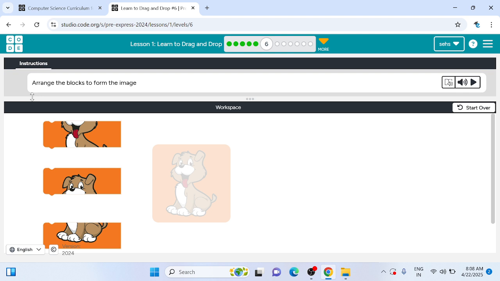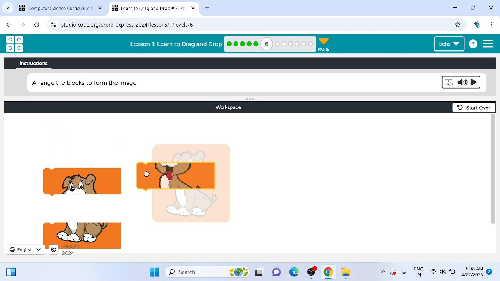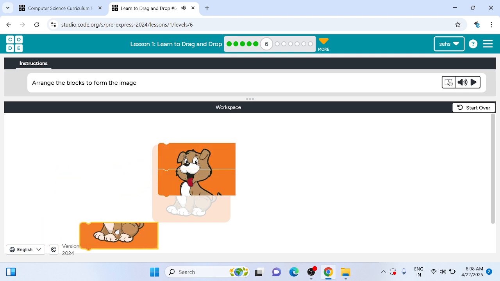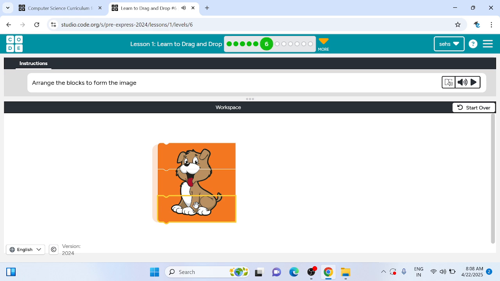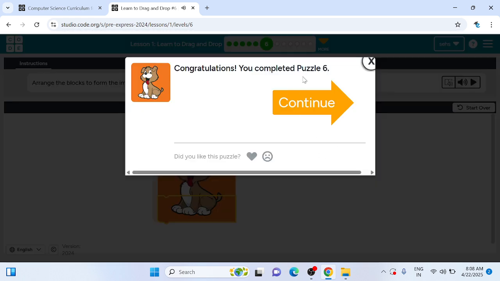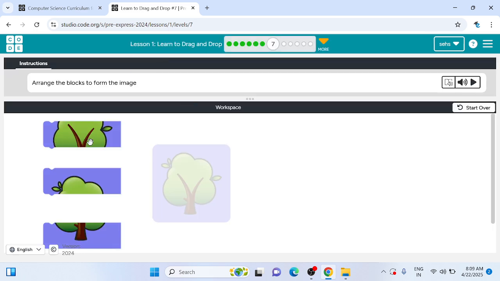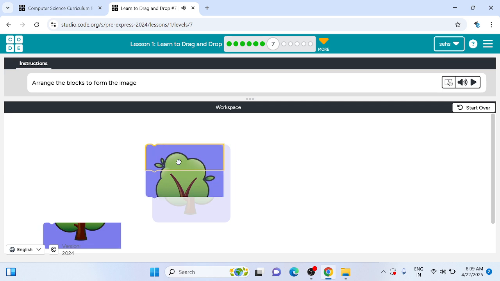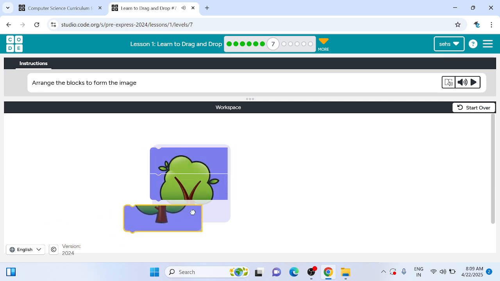Here you also arrange the image and create the image properly. So I am just arranging the image. See, and this one block I am arranging. If you have done the first, third, second and fourth steps, you have an idea how to do that, no? Yes. So now go ahead to the 7th, where we also use the same method. We will arrange the images like that and make a tree here.